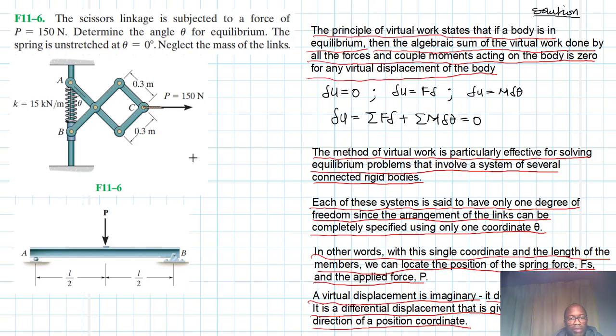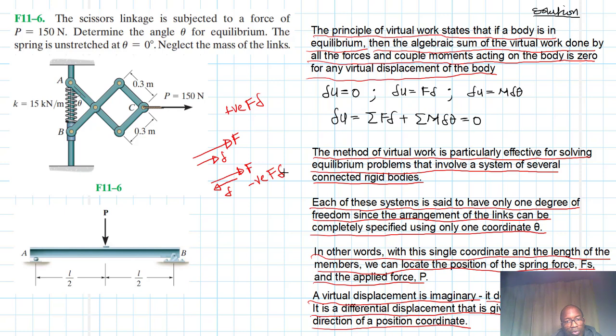Okay. So when you have a force like so, and you have a virtual displacement parallel to the force, then you have what is called a positive virtual work. Okay, positive virtual work. All right. And then if you have a force like so, and you have the virtual displacement in the opposite direction, then you'll have what is called a negative